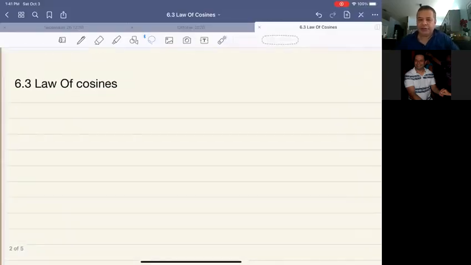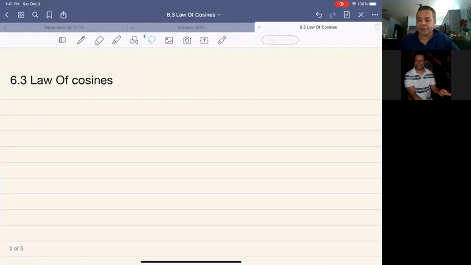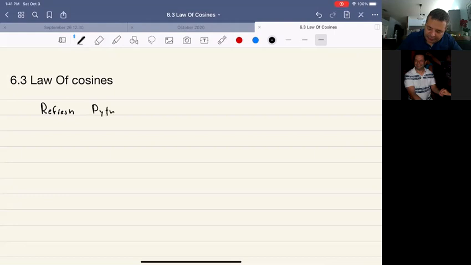We're going to be doing the Law of Cosines, 6.3, today. Let me just refresh your memory on the Pythagorean Theorem. The Pythagorean Theorem states that if we're given a right triangle,